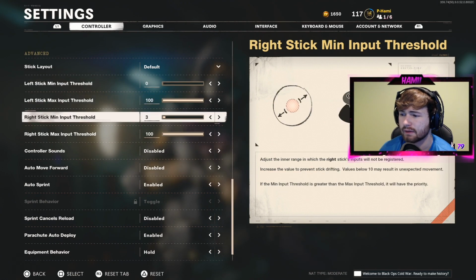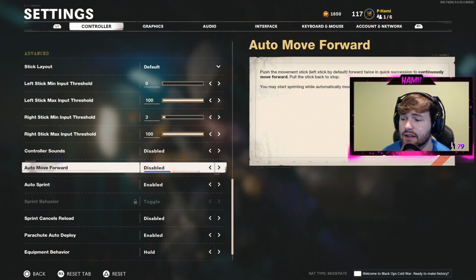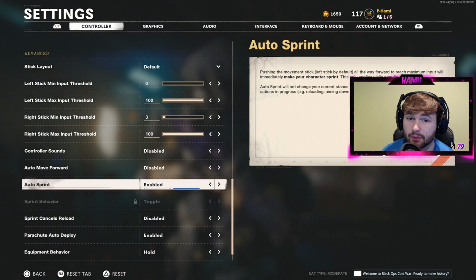Same concept as the minimum, so you guys will get that figured out pretty easily if you do. The controller sounds disabled. I don't have any of that. Auto move forward, I also do not use that as well. I feel like that would just mess up constantly because you're always moving forward. Now for the auto sprint though, I have this enabled so I can save myself some of my analog's life